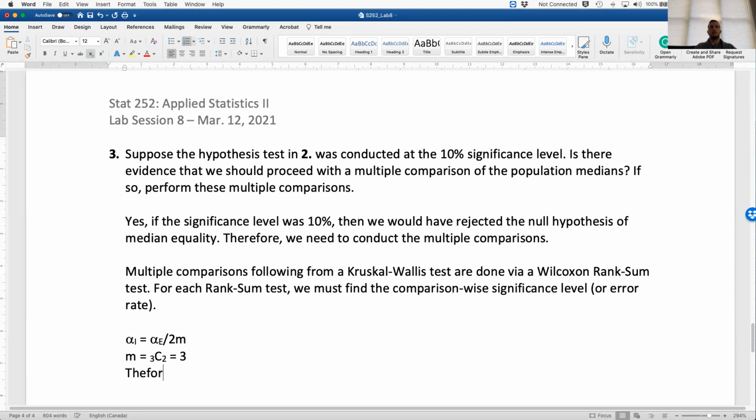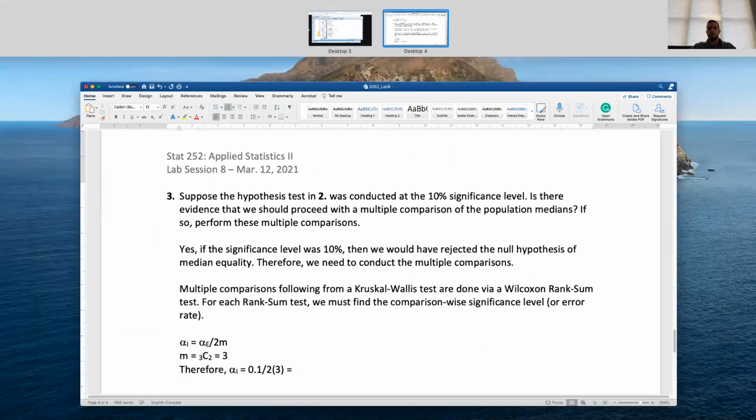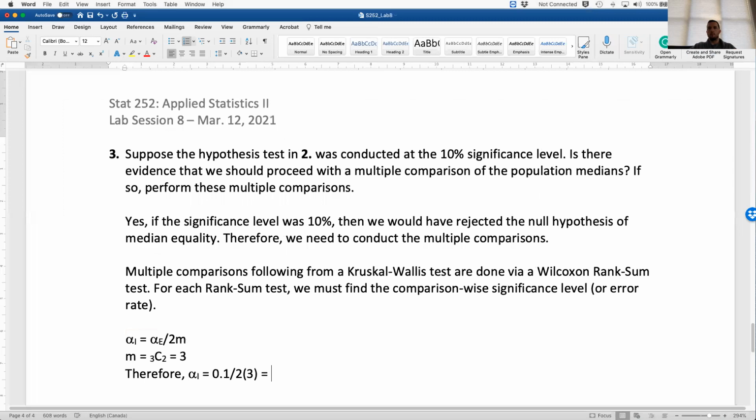Therefore, at the 10% significance level, we would have alpha I equal to 0.1 divided by 2 times 3, which is 0.1 over 6, which is equal to